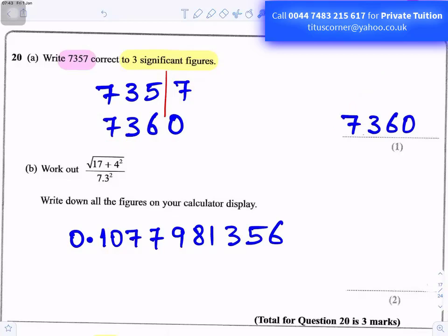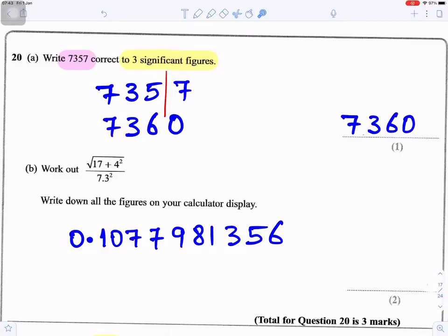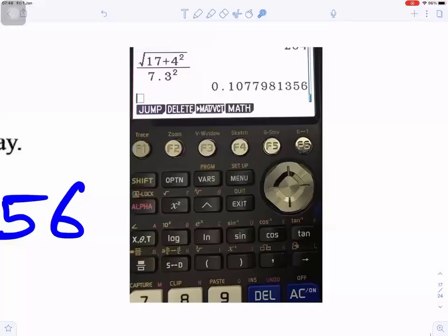Work out the square root of 17 plus 4 squared, all divided by 7.3 squared. Write down all the figures on your calculator display. So you put all those numbers in your calculator, and then you just write down the answer. Be careful with the square and the square root. Make sure the square root is at the top in your calculator. So on your calculator, make sure you use this button there